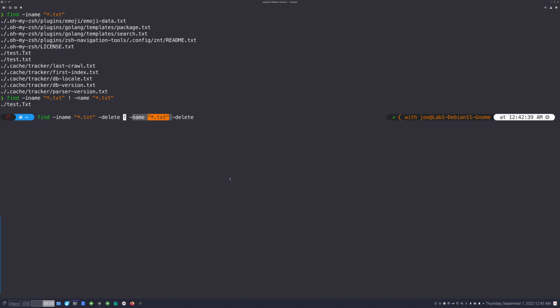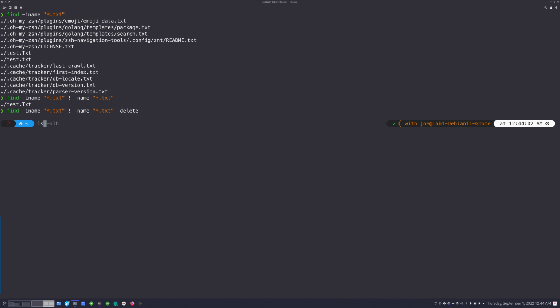Once you get good enough and you know what you're doing, you can experiment with putting delete in the middle if you want to do things like delete stuff that matches this and then do more stuff with stuff that matches these things. If you want to get that complicated with it, you can. I would argue that you should never do that because it is highly dangerous and can be destructive to your system, okay? So don't do that. We're going to do this. Now if we ls this directory again, you'll notice that our text with a capital T is nowhere to be found because we have effectively deleted it.